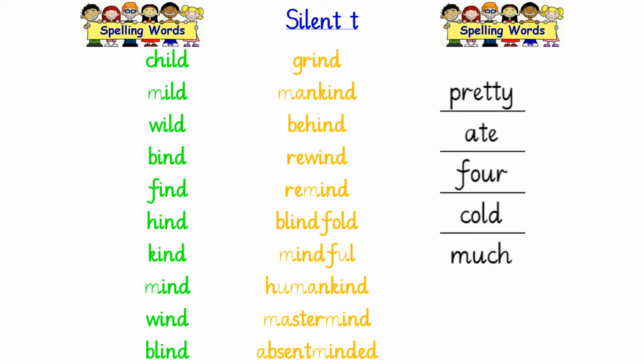Okay, then we've got, for our orange words, grind. I've noticed actually there's no ILDs in orange, so you want to practice your ILDs, child, mild, wild. You can stick to green, but these are all IND. So grind, mankind. Mankind means all people. Behind, I've already said, at your back. Rewind,